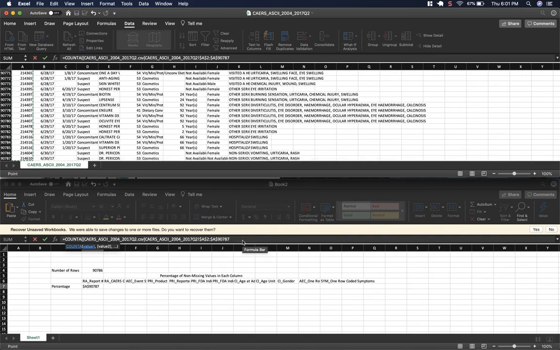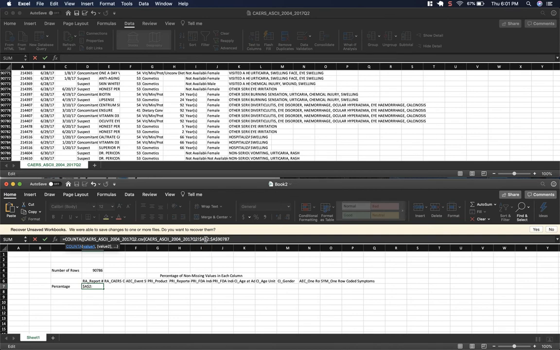Now, one thing to note is what Excel is doing. It's making the column A an absolute reference. What we want is to allow the reference to change as we drag the formula. So we're going to take away the absolute reference to column A,